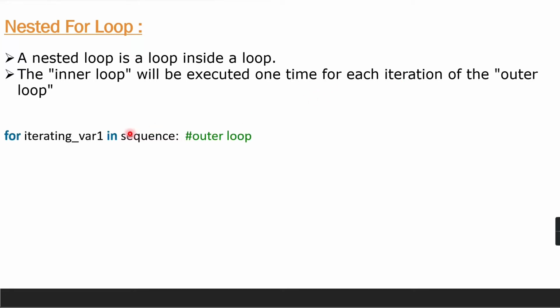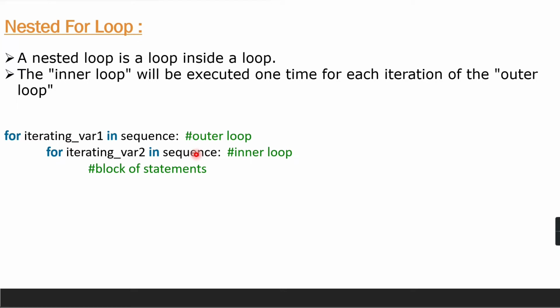So this is the syntax. So this is the syntax for loop, where we have for one iterating variable in and whatever sequence or range function we provide. So this is the first loop, which is also called as the outer loop. Then inside that loop we will have another for loop which will have the similar syntax. So this is the outer loop, this is the inner loop, and inside this inner loop we will have block of statements. So this block of statements will be executed for this for loop, and for this outer for loop all these are block of statements for this for loop. So let's see in code how we can make use of this.